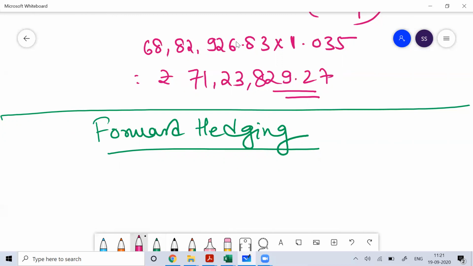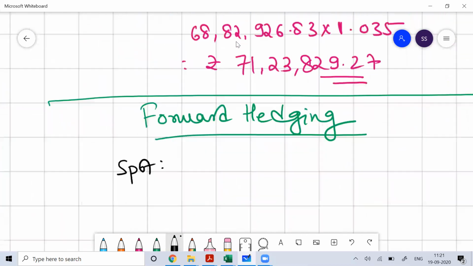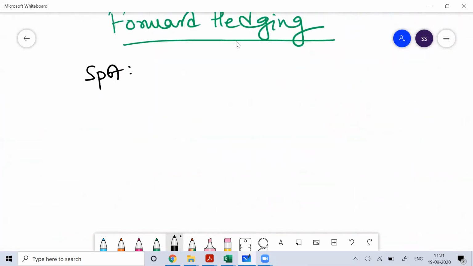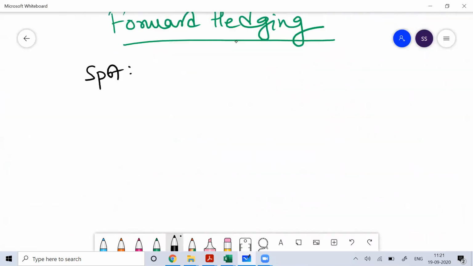So the spot rate is 70.25 slash 70.55 rupees per dollar,